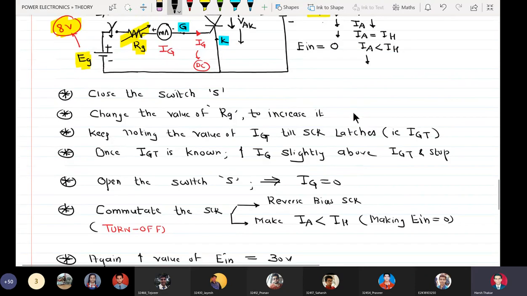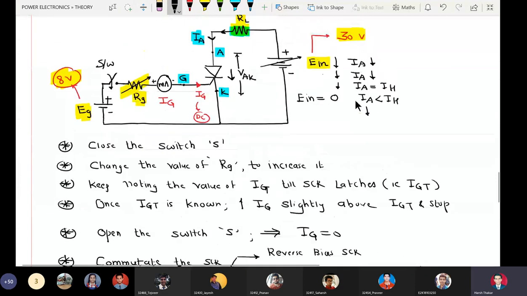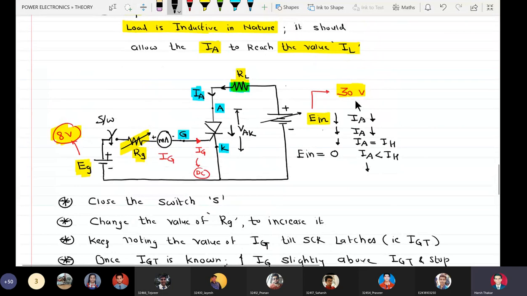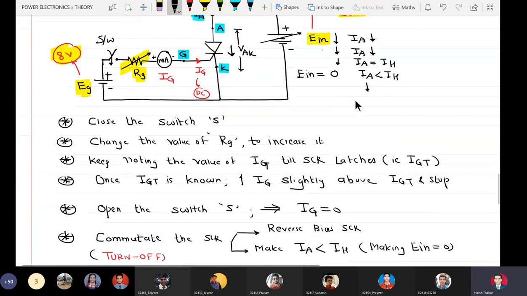Now E in equals 30 volts and the gate drive is not applied. That means this much E in is insufficient to latch the SCR. So we are going to apply the gate drive. In order to apply it, I am not going to continuously keep the switch on, but I will just switch it on and again put it off.